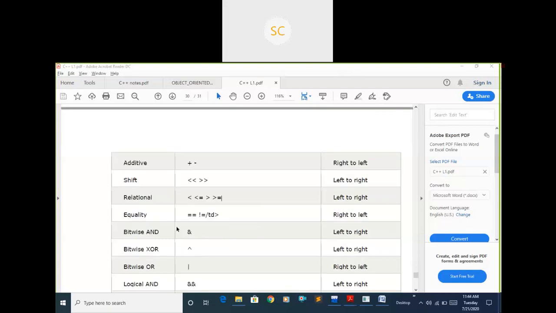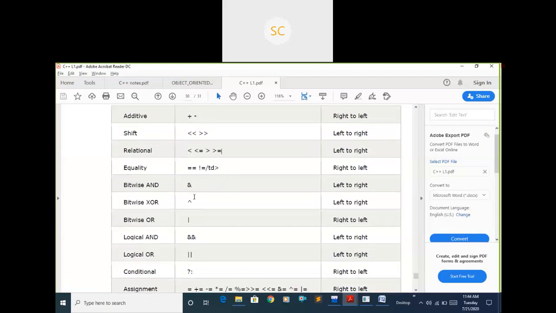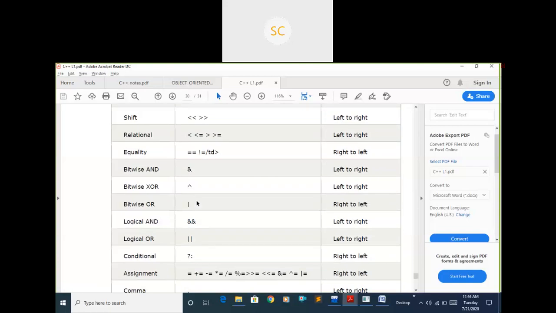If you are seeing all the relational operators in a single statement, which has to execute first? That is told as left to right. First it will execute this one, then less than or equals to, then greater than or equals to. In the same way all the operators, then the AND operator, XOR operator, OR operator.